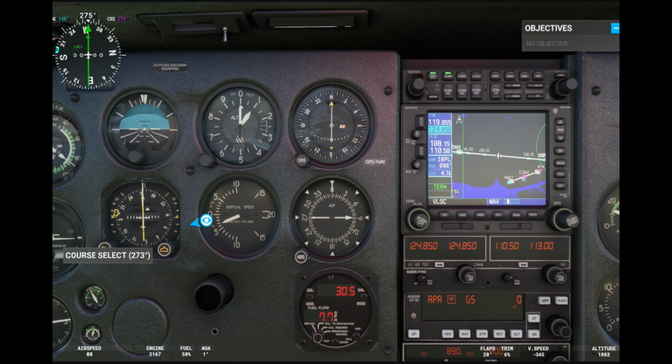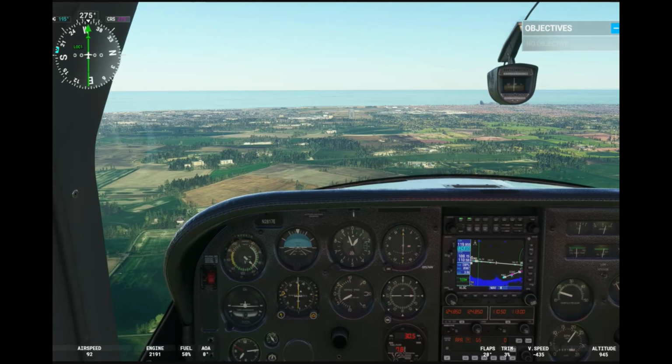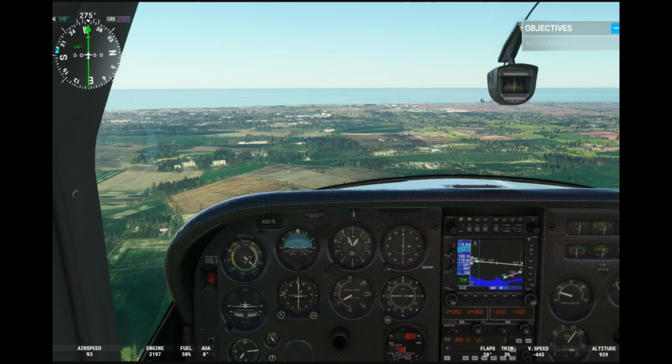There we are, the vertical line has moved onto the heading for that ILS approach. We're now on the descent, which means we've intercepted the glide slope, and we're now descending at about 500 feet